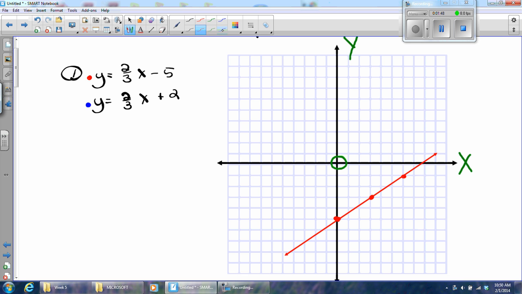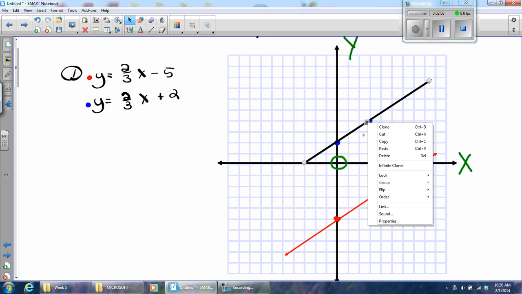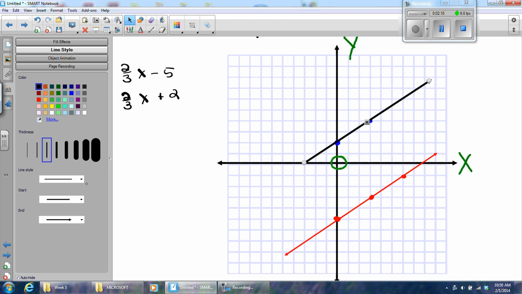And let's do the other one. Just a quick review, up 2 on the y-intercept, and the slope is 2/3. 1, 2, 1, 2, 3. All right, so I'm getting ready to draw that line. Go down and back 1, 2, 3. And there you go. And they should look very much parallel to each other. They might look a little bit off because of human error or machine error, but they should look like they're